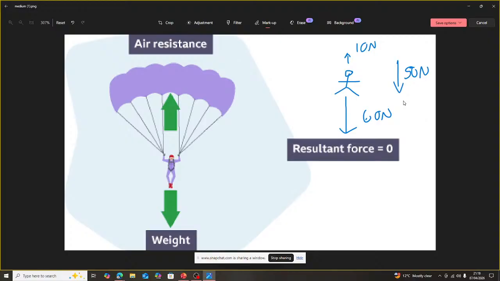No. Any person, any object, no matter what, it experiences a greater weight than air resistance as soon as it goes out of the airplane. Yeah, but you're saying his weight is gonna be 60 newtons when the average human is 30 newtons. So you're calling him two times fatter than the average person. Where'd you get that fact from? From Google. YouTube short.